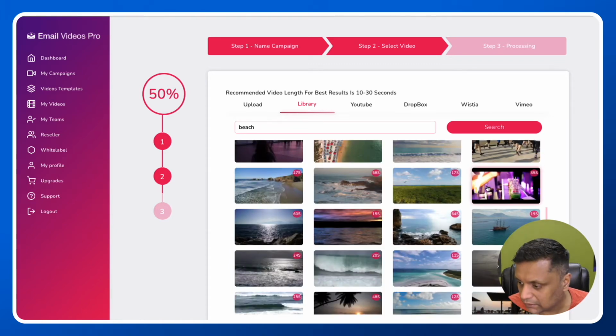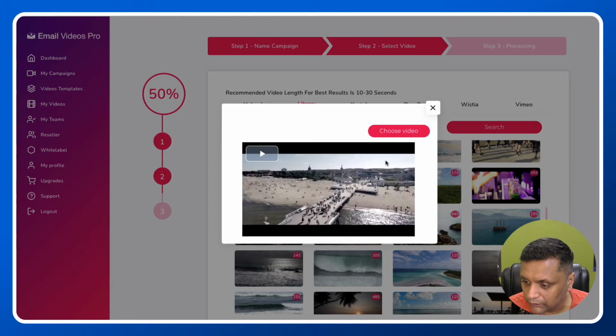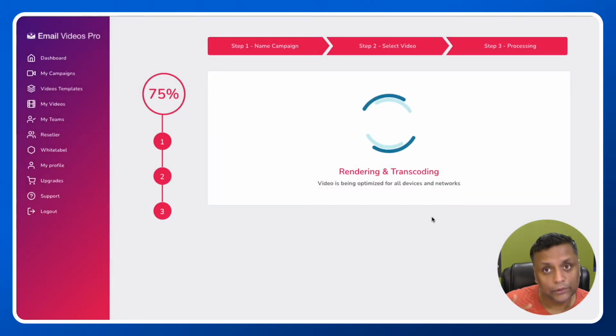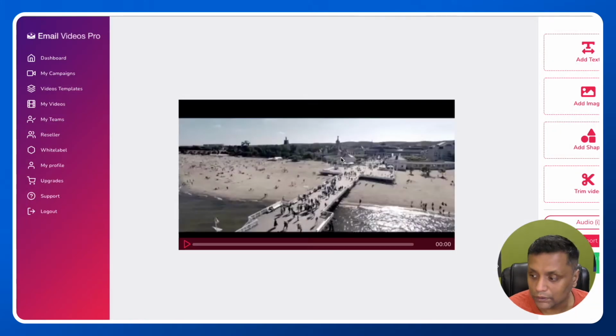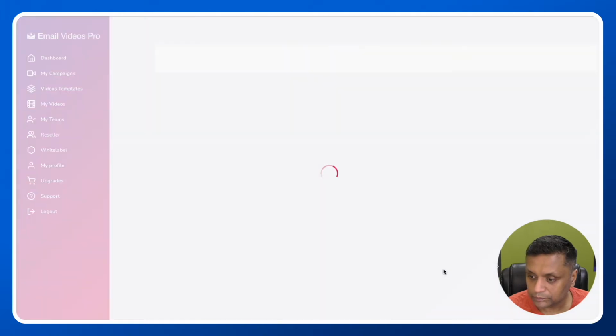And let's just select a video over here and just click on choose video. It is going to render the video, and then it will give you a couple of options. Continue to editor. So from here you can edit the video further from within the application. If you have to add an image, add a text, or trim the video, you can add a shape, or you can also add audios right from within the application itself. And once you're happy with the editing, you just have to click on skip and get my embed code,